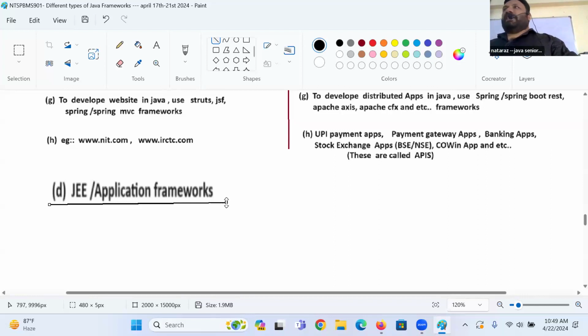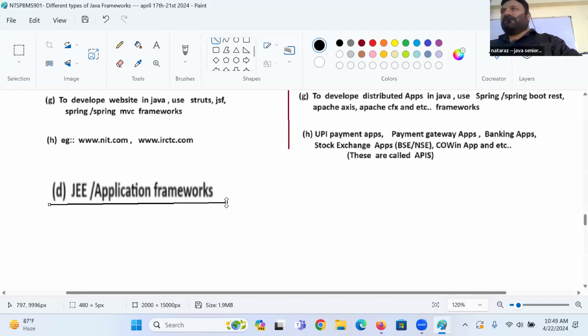Observe. Am I asking to learn Hibernate, Spring Data JPA? It's part of Spring and Spring Boot. Am I asking to learn Struts, JSF or Spring MVC? It is also part of Spring Boot. Am I asking to learn Apache Axis, RESTEasy or Spring REST? It is also part of Spring Boot.